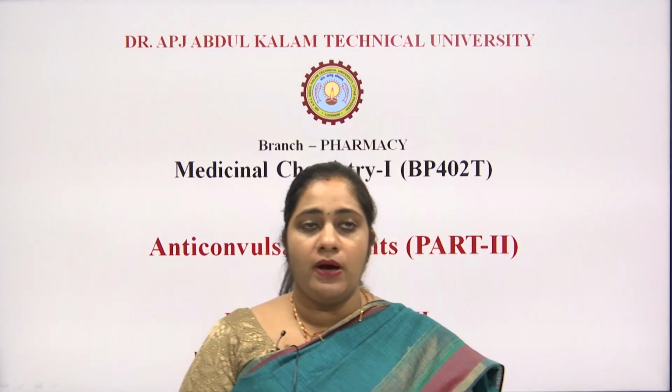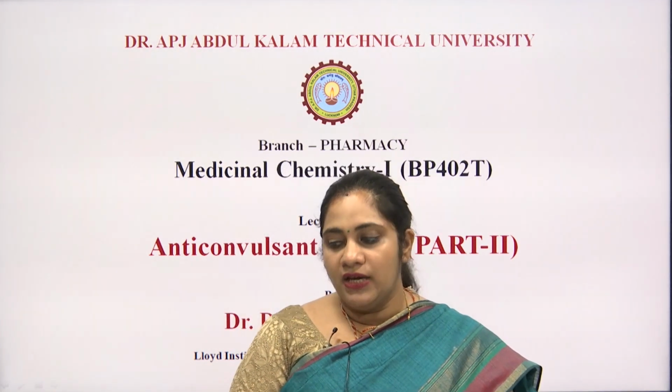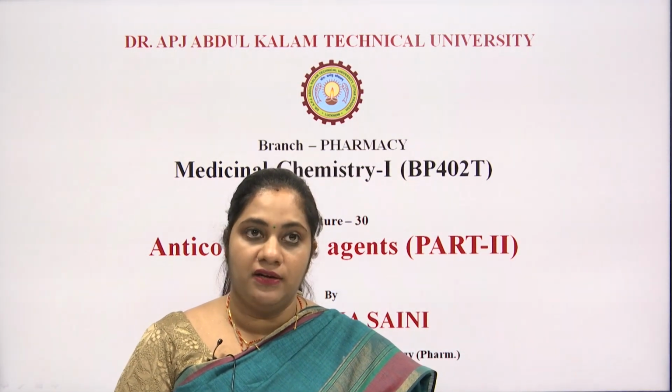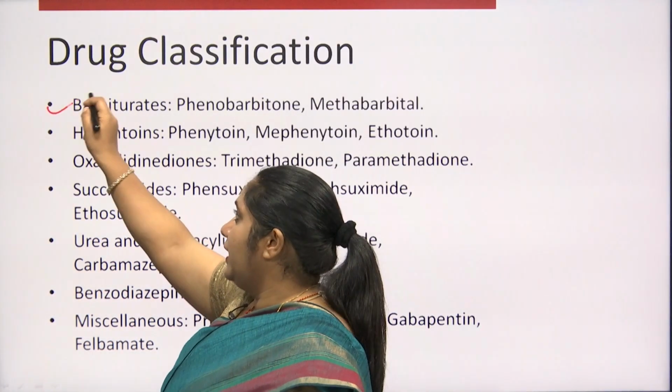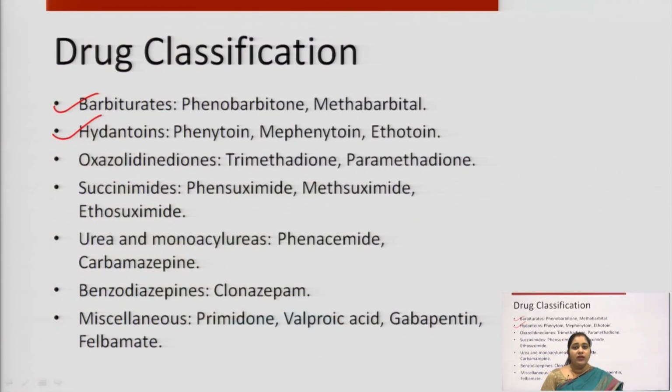So, today we are back with anticonvulsant part 2. In part 1, we have already studied the general introduction of anticonvulsants. Apart from that, we have also studied different types of seizures, including the partial one and the generalized one, and we have also classified anticonvulsants into different drug categories, in which we have studied two categories. One is barbiturate and another one is hydantoin, including the structure activity relationship and synthesis of some of the important compounds. So, today let us begin with